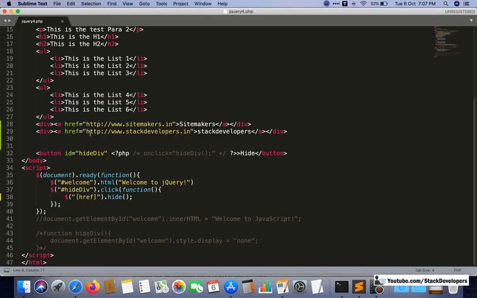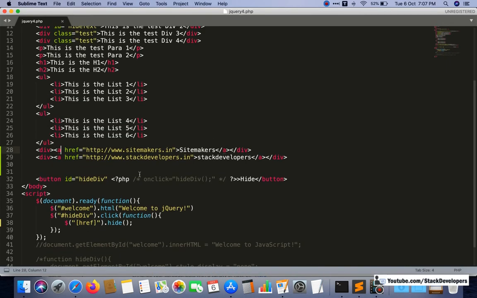Means if I add target blank here, I want to hide only those hrefs which have the target blank. Like this one has target blank and this one also has target blank. Both these hrefs have the target blank, and now I want to hide all those hrefs that have the target blank.